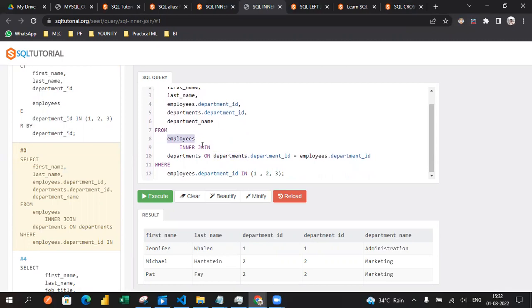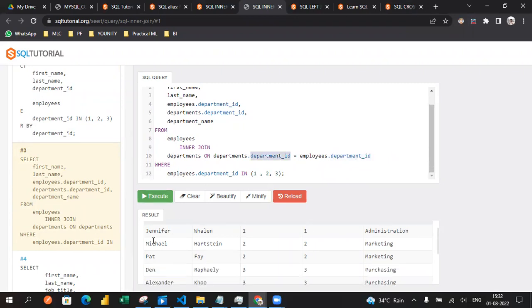So I'm joining employees inner join with departments on department ID, employees' department IDs, where the department ID is in 1, 2, 3. So it will be joining with department ID, obviously. If I execute, we will get first name results with